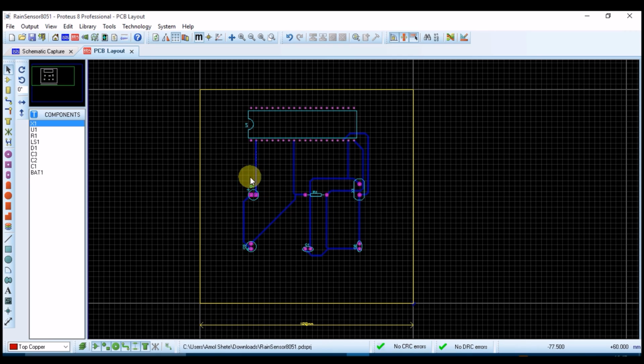Now you need to understand that the external supply is not mentioned in this particular layout. Means we are going to connect the external supply externally, so that is not shown here. So we need to drill two holes on the copper clad. So for that we have to do some of the things manually. So take hole from here, choose the size of the width of that hole. You can place here.